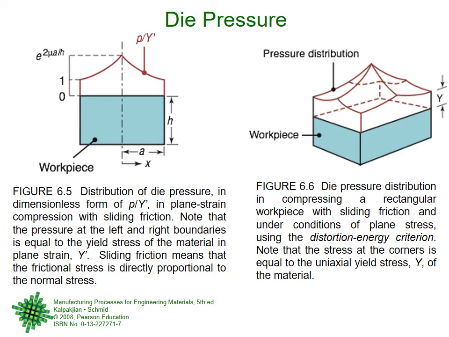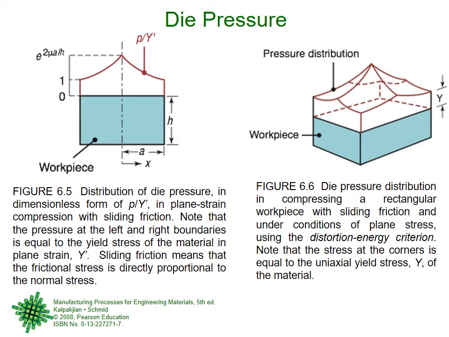This we have shown you earlier in material science in different chapters, that we are non-dimensionalizing the number. Pressure p has the units of megapascal or pascal. Y, the flow stress, has the units of pascal, megapascal. So if you are drawing pressure, then there is this unit here, the pressure unit on one side, and on the other side there is the distance unit or the area unit, and so on, right? As we know that this is a stress, this is a strain. A stress unit is megapascal, pascal. A strain unit is meter per meter.